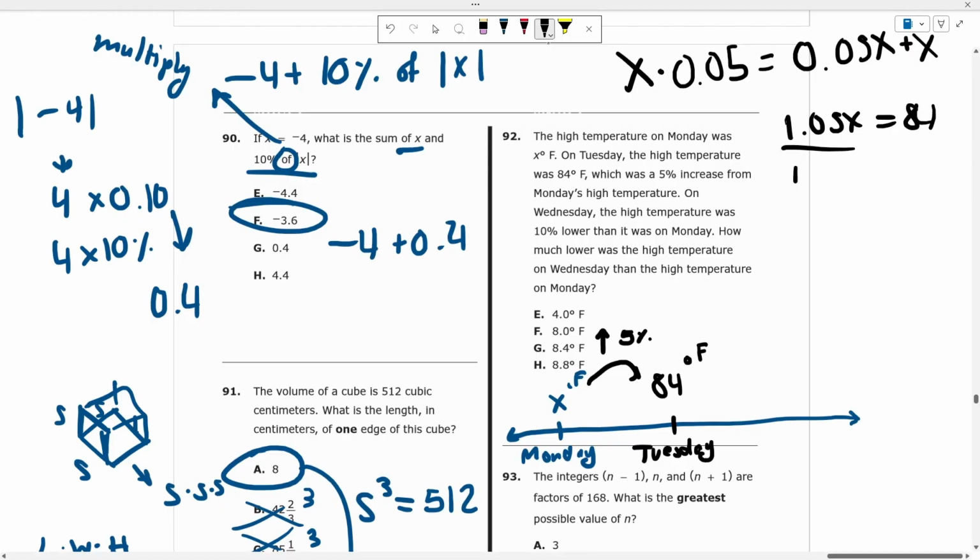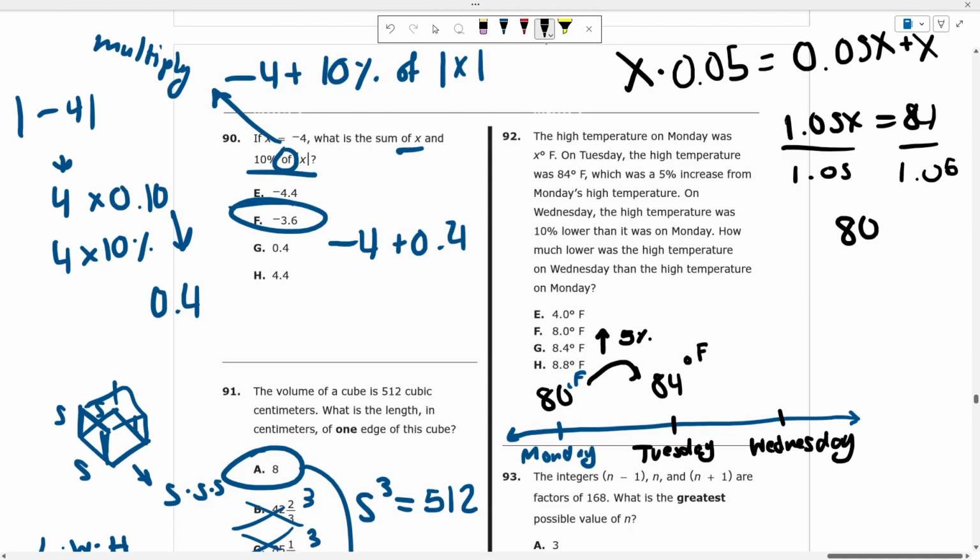So if we divide both sides by 1.05, we know that we get 80. This is equal to 80, right? 84 divided by 1.05 is going to equal 80. So our mystery temperature, we now know to be 80 degrees. Okay? On Wednesday, which is a brand new day on our timeline,